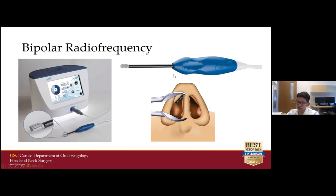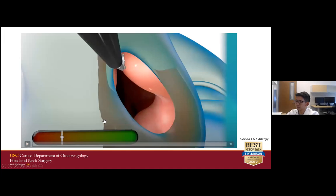This device uses a stylus that delivers temperature-controlled radiofrequency to the intranasal valve region. Basically, you can inject some local anesthesia in this area and also along the septum and the turbinate if you want, if those are areas causing obstruction. And you can apply the tip of this device to these areas to cause softening and retraction of those areas to open up the intranasal valve. So in this patient here, you see the intranasal valve, and the upper lateral cartilage is here. It probably also has thickened mucosa over it. And what you can do is you can